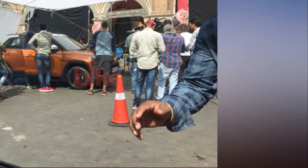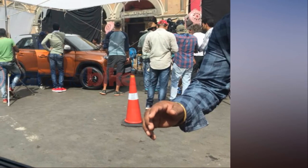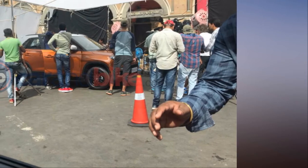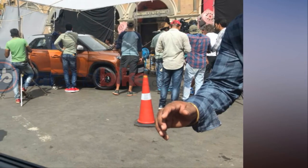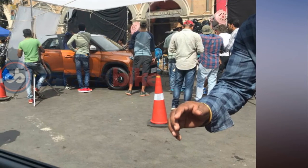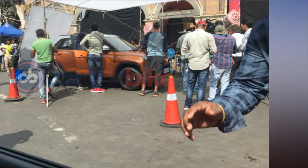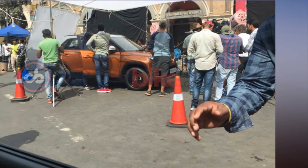The introduction of an orange color on the Vitara Brezza though is not surprising. It has become quite the usual trend amongst mass-market automakers. A bright orange is offered in the likes of the Hyundai i20 and Grand i10, the Renault Captur, the Nissan Micra, the Mahindra QV100, Tata Tiago and the Honda Jazz